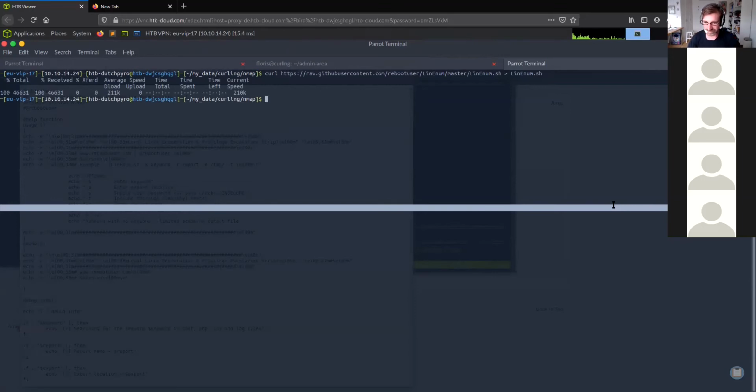Right now, what we want to do is make sure that we can get it to the other machine. And there's a very easy way to do this. We can use the Python module called HTTP.server. So right now we're using Python 3, and we select the module http.server. And I like using port 80 because